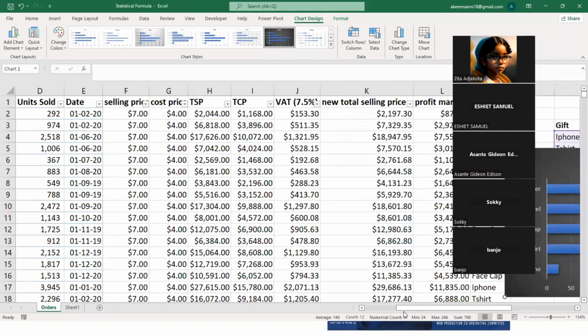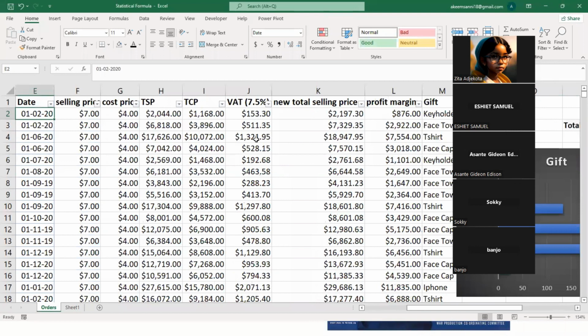For units sold, why not the total selling price cell? Because you're talking about greater than 3,000. Yes, now we are using the quantity, the units they sold. So if you like, you can even use your profit margin. So you want to give anybody that has the highest profit a gift, it depends. You can use any, it doesn't matter. So I just decided to use the units sold. You can use the profit, you can even use the cost price, you can use the selling price. It doesn't matter. Okay. Yes.